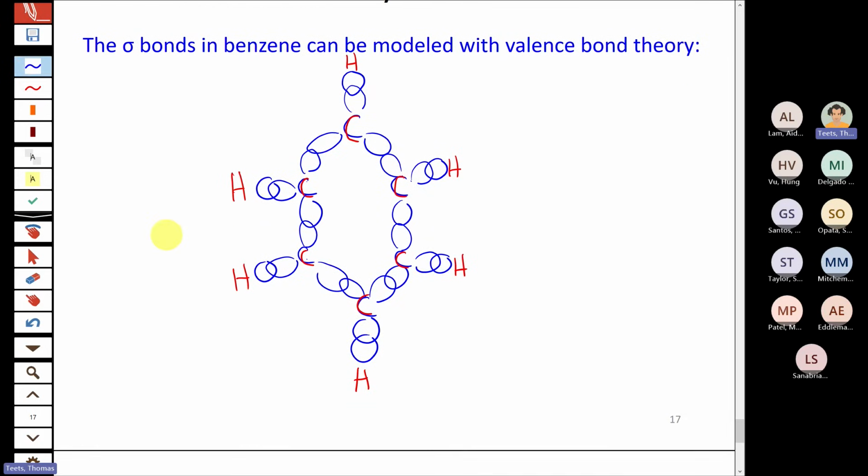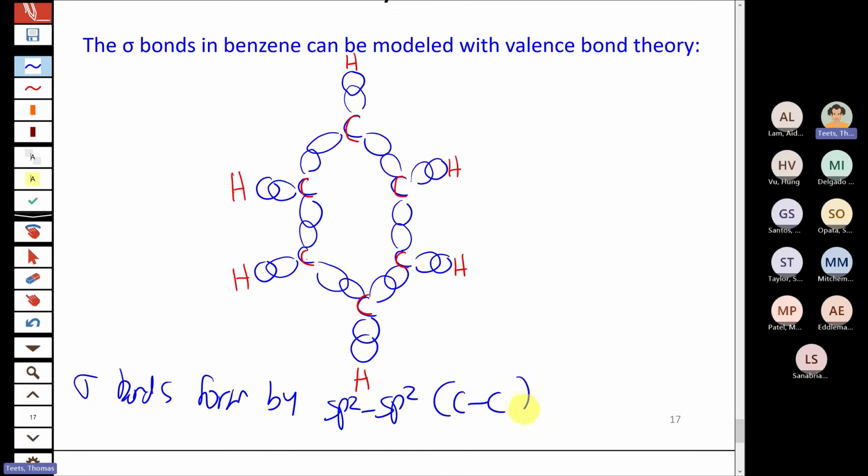So again, if the picture is not entirely clear, basically what you have is the sigma bonds formed by 2 adjacent sp2 orbitals overlapping in the ring. So that makes all of your carbon-carbon bonds. For the CH bond, the remaining sp2 orbital is going to overlap with a 1s orbital from hydrogen. All right, so again, each carbon is sp2 hybridized, so it has 3 hybrid orbitals. 2 of them overlap with neighboring hybrid orbitals to make carbon-carbon bonds. 1 of them overlaps with the exterior hydrogen atom to make that bond outside the ring.